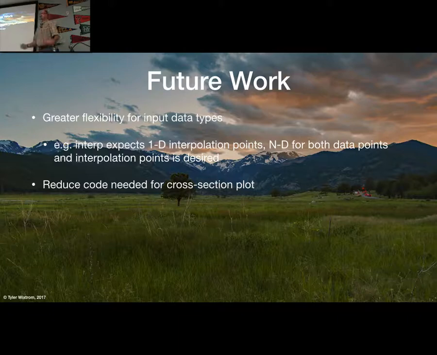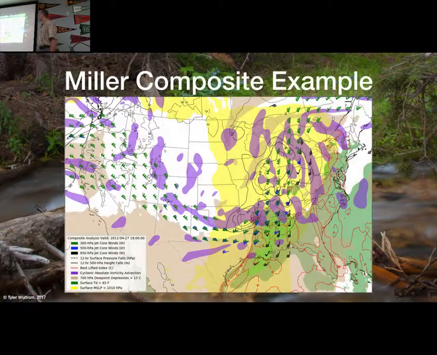It would just interpolate. And then the cross-section plot that I will show in a minute currently requires a lot of code, but is another commonly requested feature and something that a lot of users would want. So it would be nice to simplify that down and make it a little bit easier to create a basic cross-section. Now there's one other thing I have that I've been working on for an example, and this is the